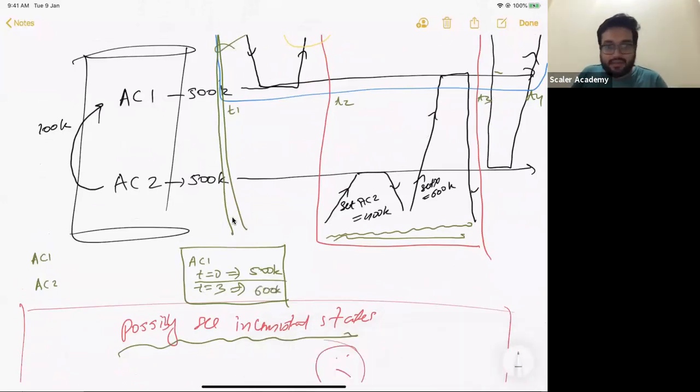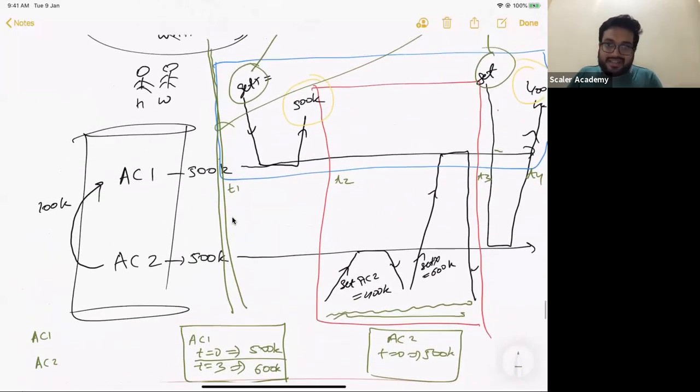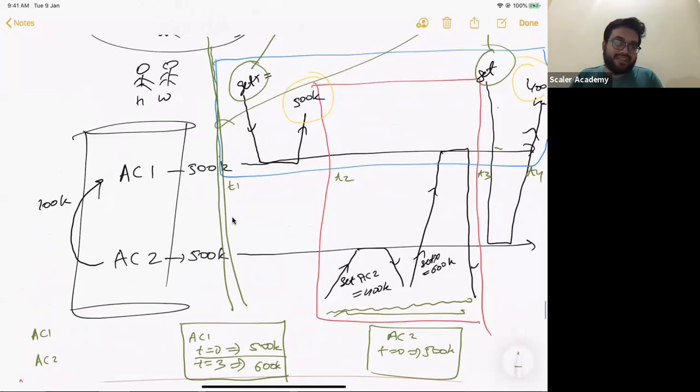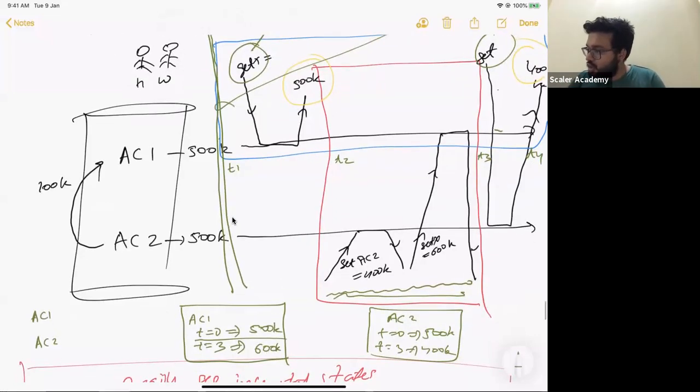Does it make sense? Now let's actually build the same thing for account 2 as well. At T0, let's assume the value is 500,000. Now at T1 nothing changes because it's a transaction beginning. At T2 nothing changes because it's a transaction beginning. At T3 it changes because it's a transaction end, and that transaction modifies the value. So you will say T3 is equal to 400,000. T4 is the end of the transaction, but still nothing changes because you are not modifying anything in that transaction for that data point.